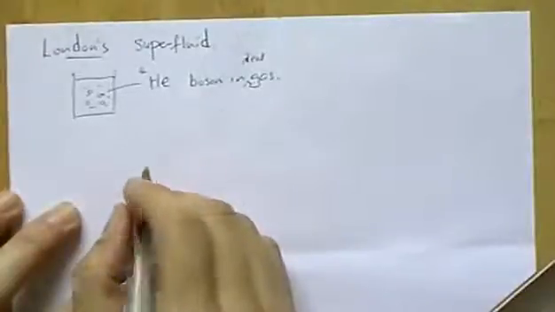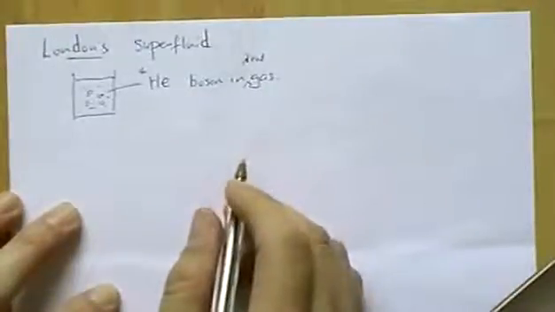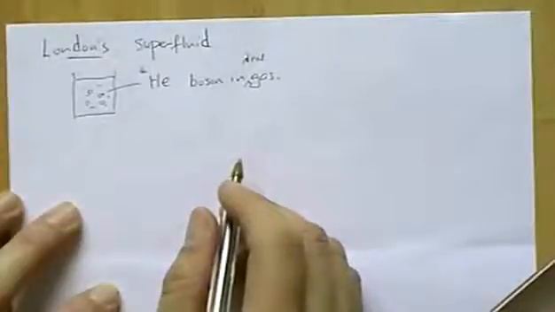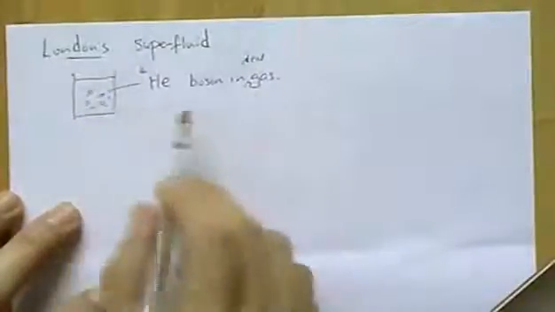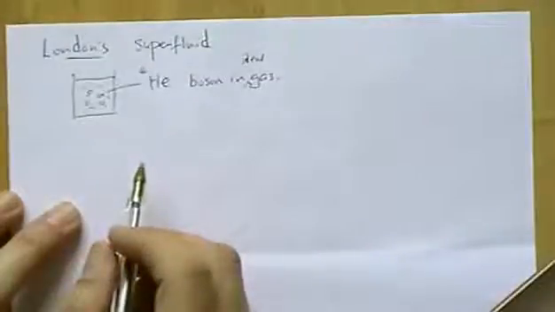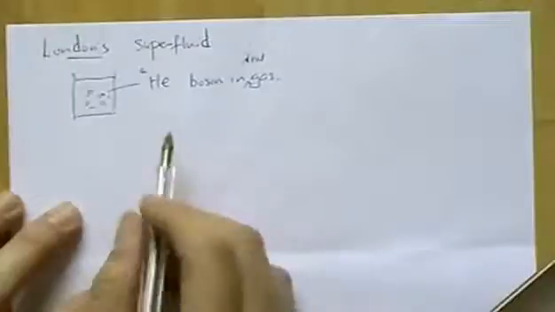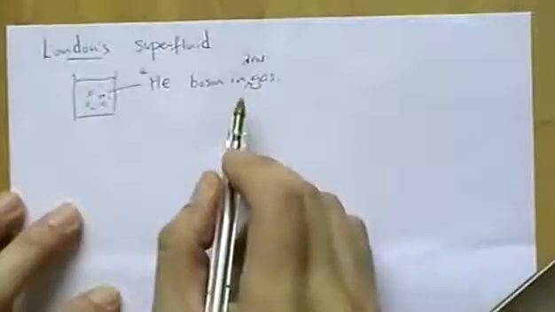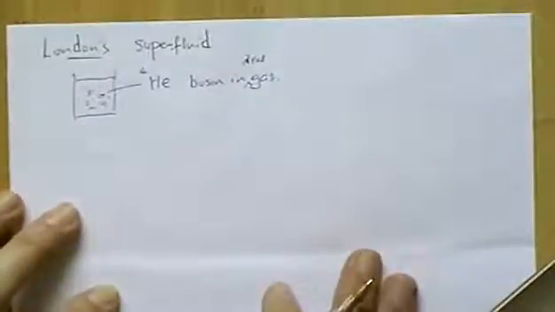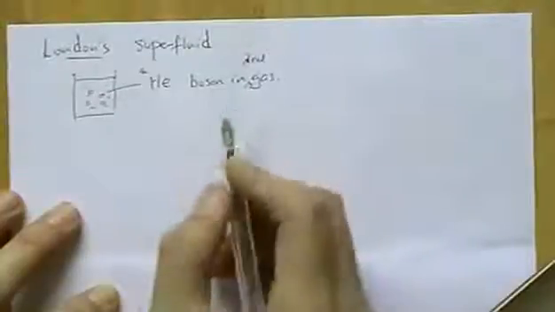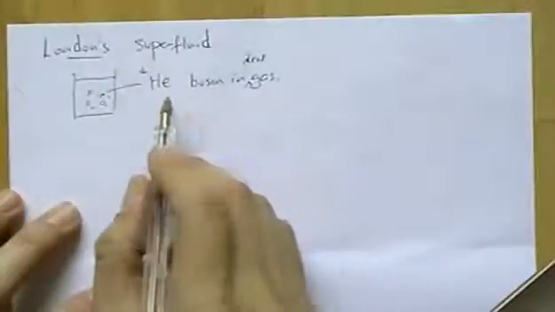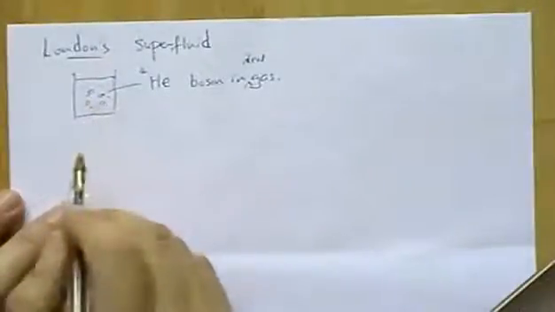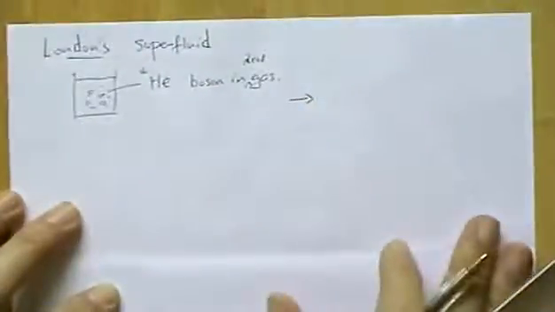Now, the main reason why, or how, London justified this assumption is the results of the heat capacity that he obtained making this assumption. Well, with the assumption that the helium liquid is like bosons in an ideal gas, he obtained the result